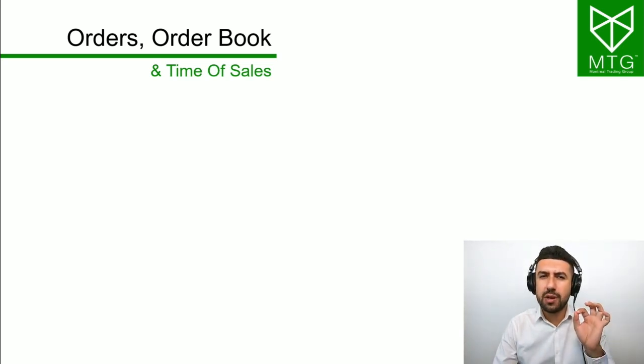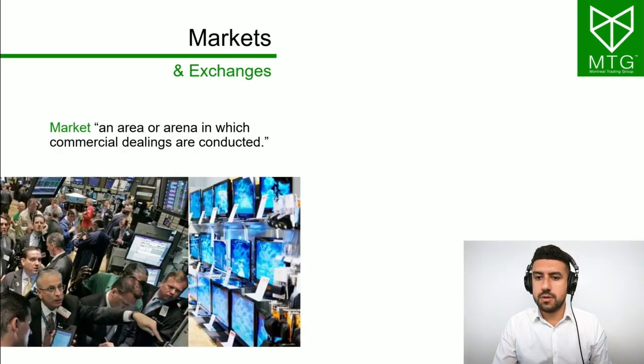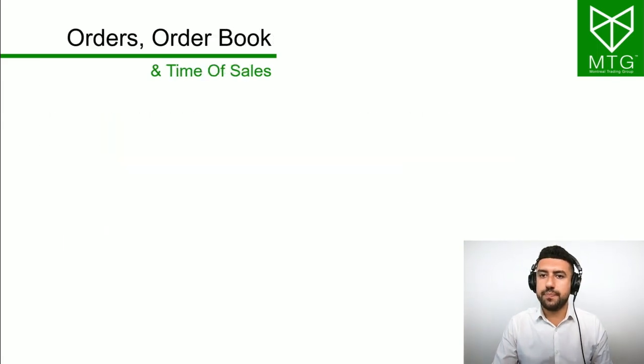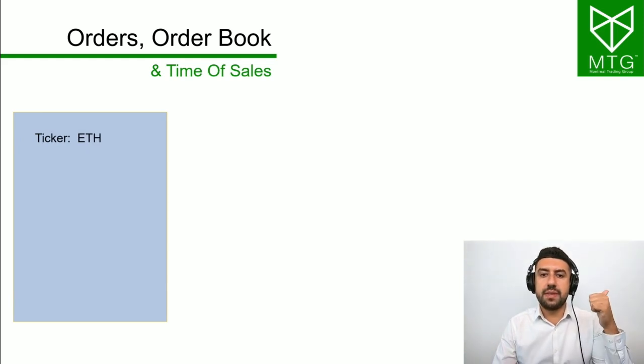But we want to talk a little bit more about this concept because if you're actively trading, you're going to have to start thinking about the actions of other people. Because what you're going to see here is that it's those actions that are going to affect the future price of a cryptocurrency. So, let me go here. Okay, so when you send an order, the first thing you're going to put on this order is the ticker.